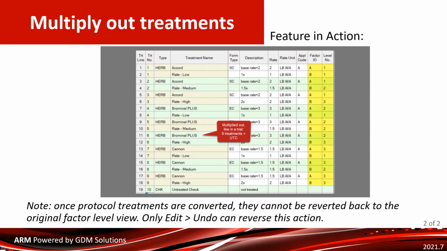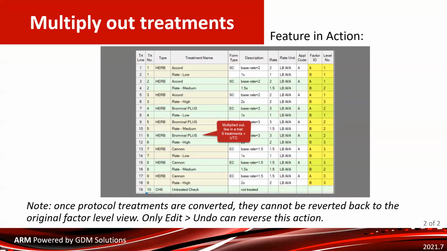So it would be much better if I, as the sponsor, can get this all set up correctly from the get-go. So in the protocol, I will do this step, multiply everything out. And so now I get this list, and I can now edit. I can go in and say, all right, this is actually the multiplier, the low rate. So the 2 is actually correct. The second treatment, though, I'll take that 2 times 1.5. So I need to manually adjust this 2 up to a 3, and then adjust this 2 up to a 4. And then I'll actually have the right rates in my study,